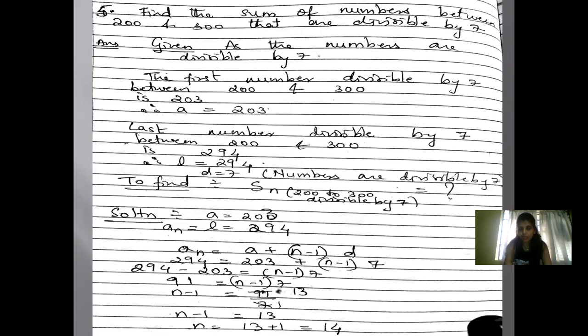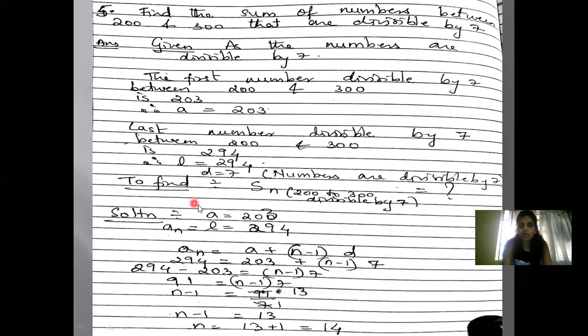So the value of 7 is given to you, that is the common difference, because all numbers are multiples of 7. So the difference will be 7. So again we got d. Now if we want to find the sum of numbers, we should know the value of n. So again, like how we did in the last sum, we are first going to find the value of n. We use the formula an is equal to a plus n minus 1 d, and remember the last term is nothing but the an term.